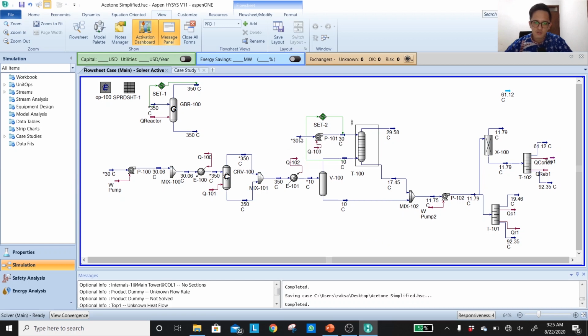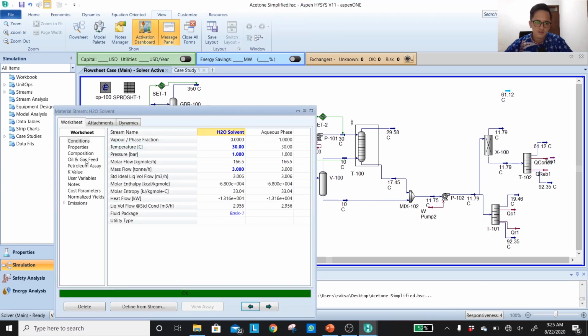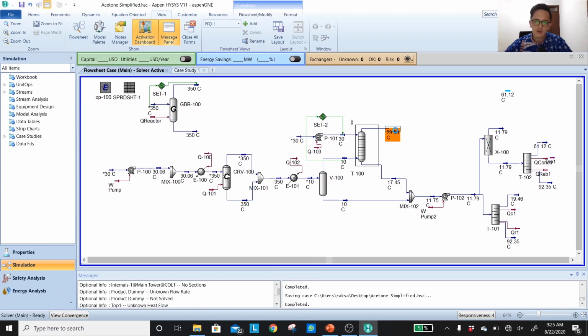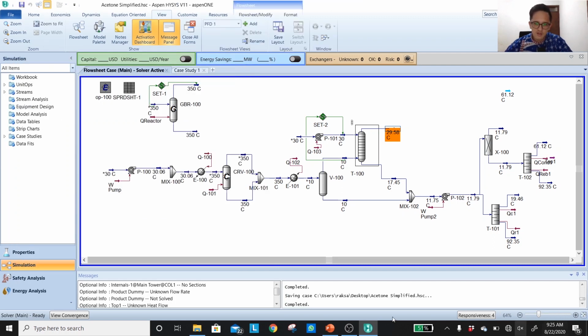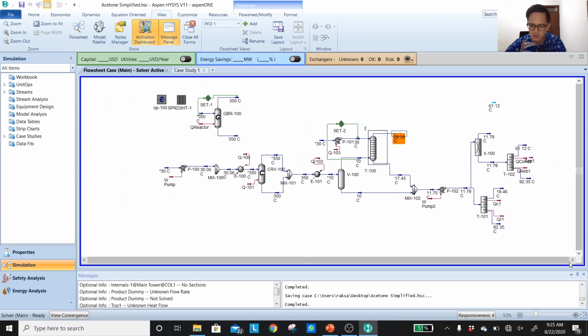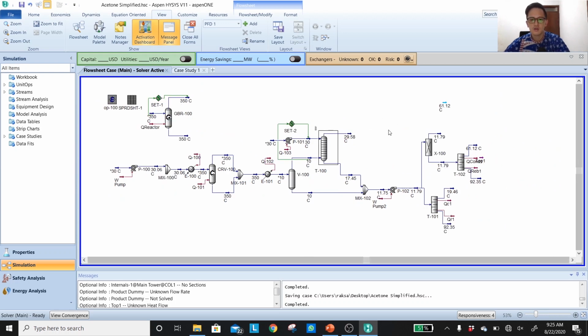So I'm still going to keep the current setting. The last time I checked, I reverted back to 3 ton per hour. Okay, and that makes my acetone loss quite high, at about 4 point something, less than 5%. Okay, let us finish the loop first, and then we can play around with the number. Let me zoom out the screen again because I need more space.